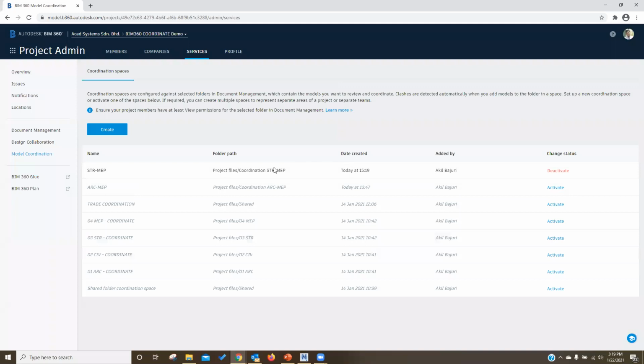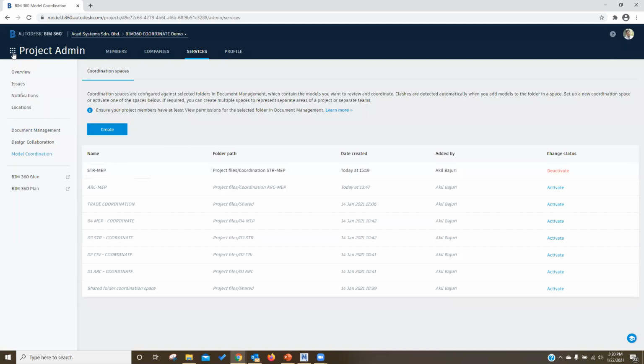And there you go. So the folder path is reading whatever drawings and 3D models are inside the coordination structure-MEP folder. I'm activating it because I would like to run this structure MEP clash analysis.